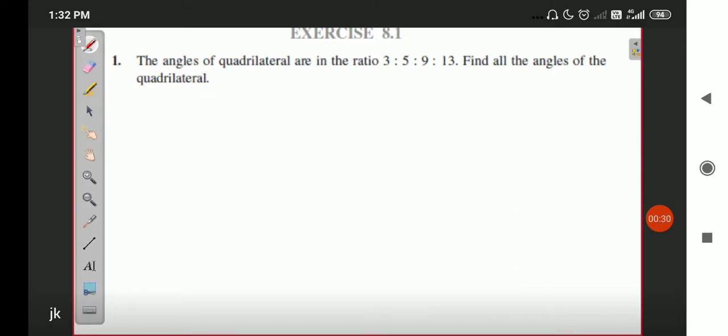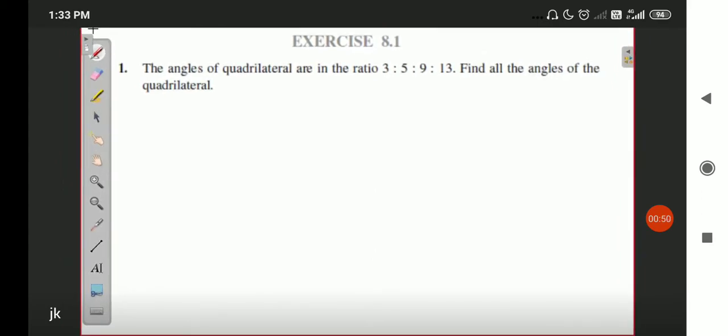Now, we'll start with question number 1. For the first 3 questions I will just provide you with the hint and I suppose you will solve them by yourself. Try to check the answer. I will provide you with the required information and you will solve these questions by yourself.